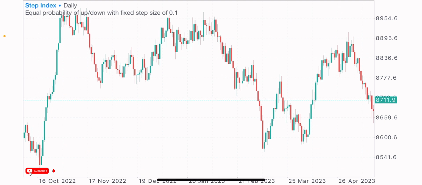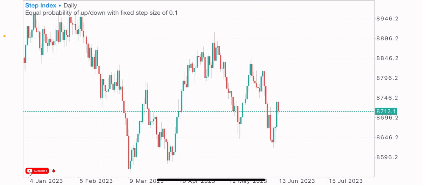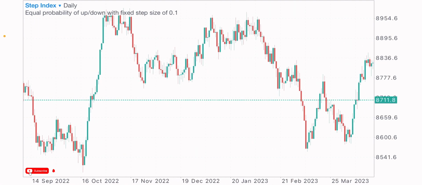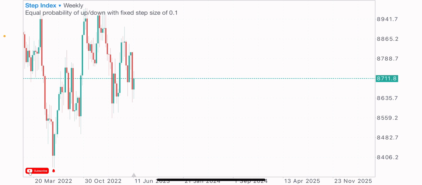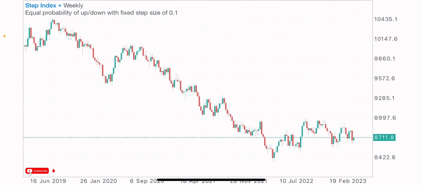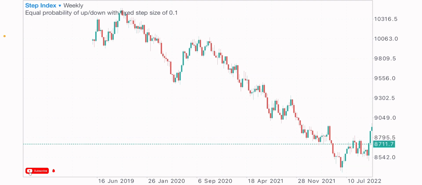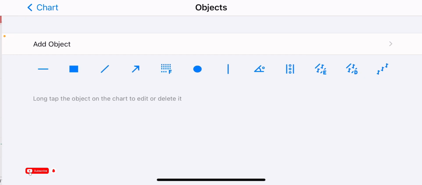So we'll be using the step index market for this. It can be done on every index, but let's use the step index. So whenever I want to map out my zones in the market, I'll start from the bigger time frame, so I can see the bigger picture, so I can see those higher time frame zones in the market. So we have at this level,